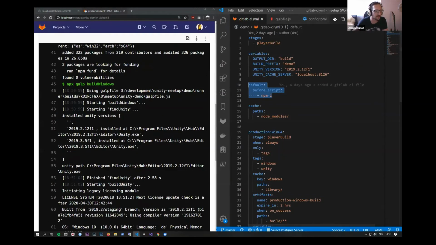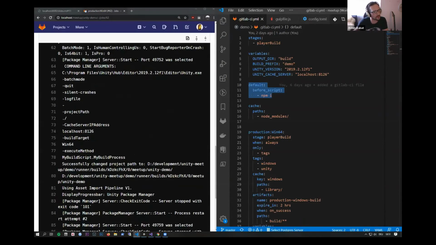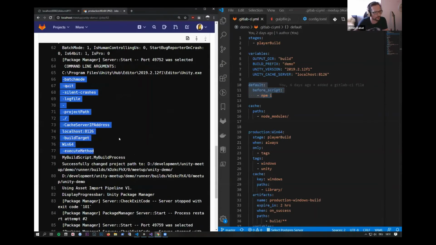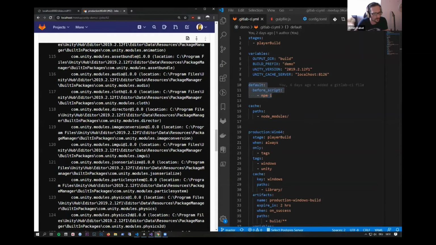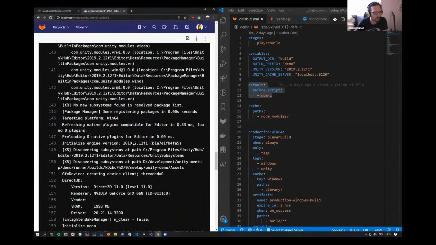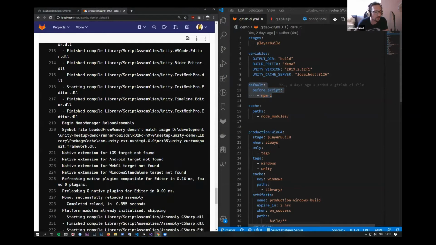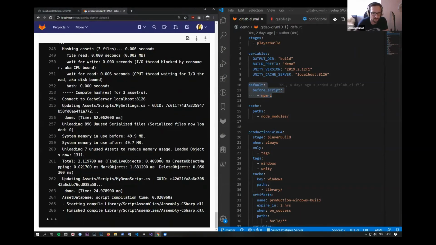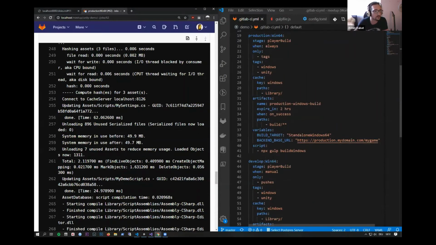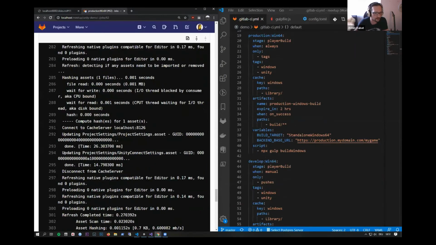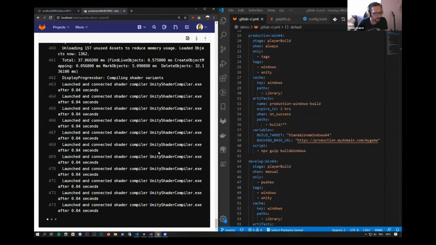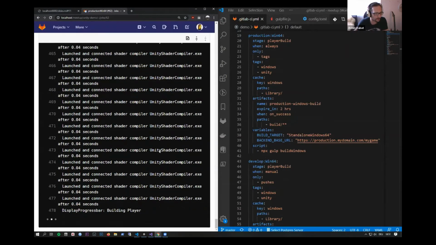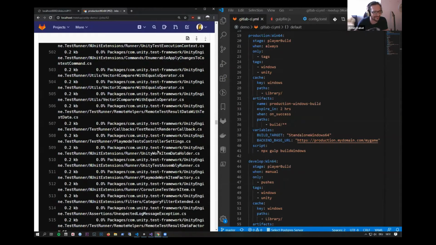And you see that all of this is the Unity's log output. So we executed Unity in batch mode, and it will build our project. Oh, come on. Last time I tried it, I thought it was faster, but